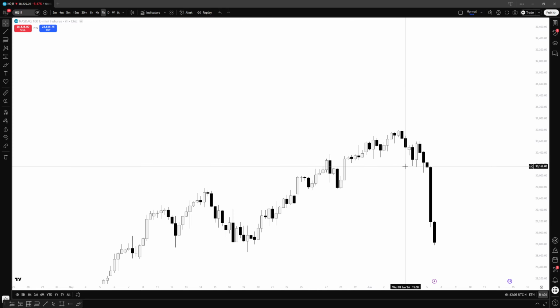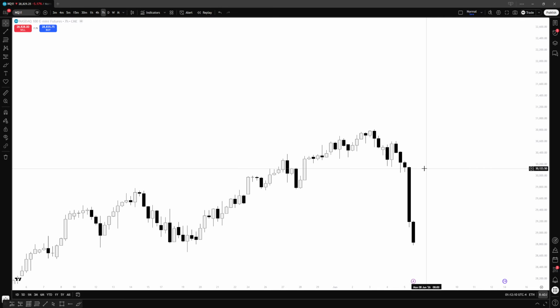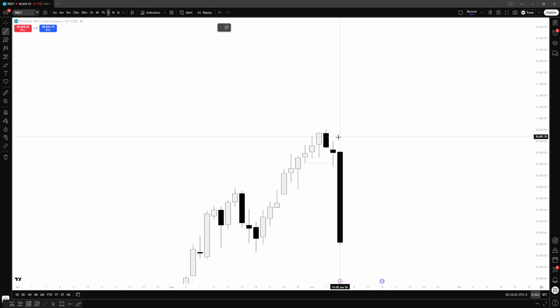This is just re-sweeping and re-sweeping. This is not likely going to reverse. See, we re-sweep this, we fail to manipulate. Now we should just continue lower. And also we have a previous day SMT like this, but with YM, but I don't even need that as well. So going back to RTY,